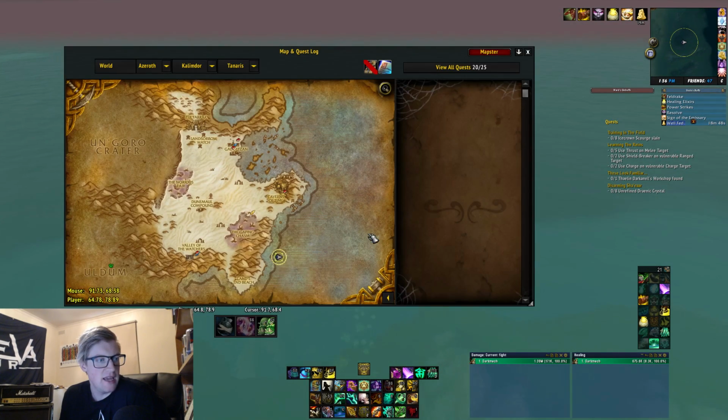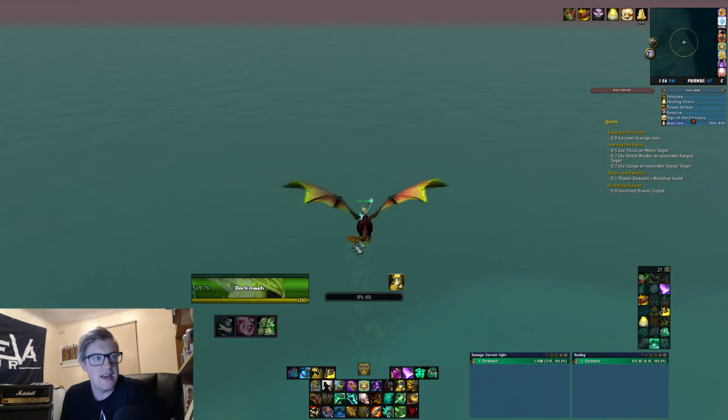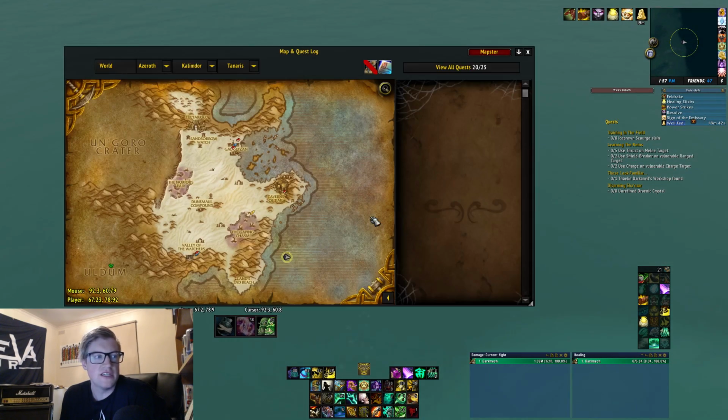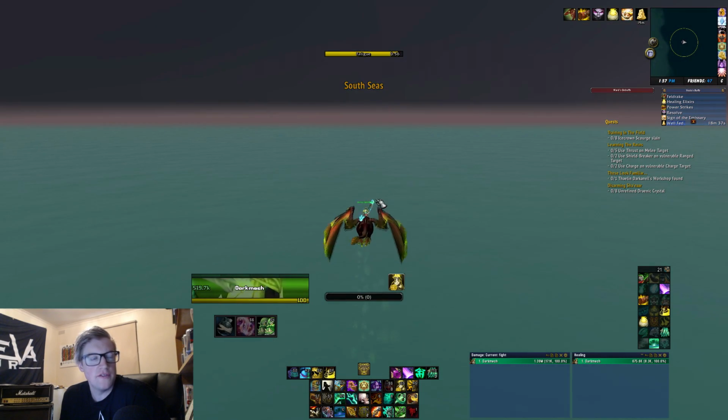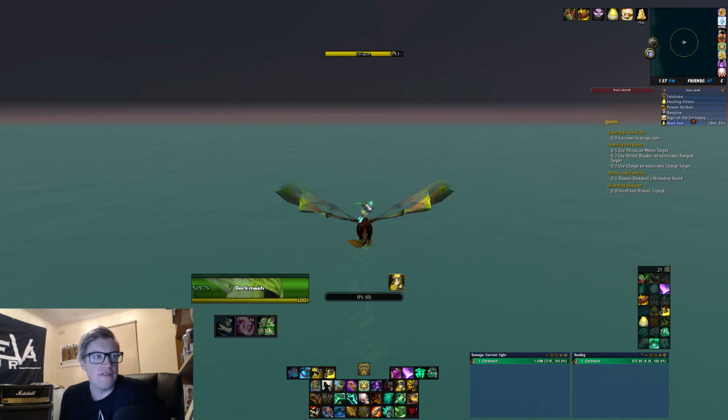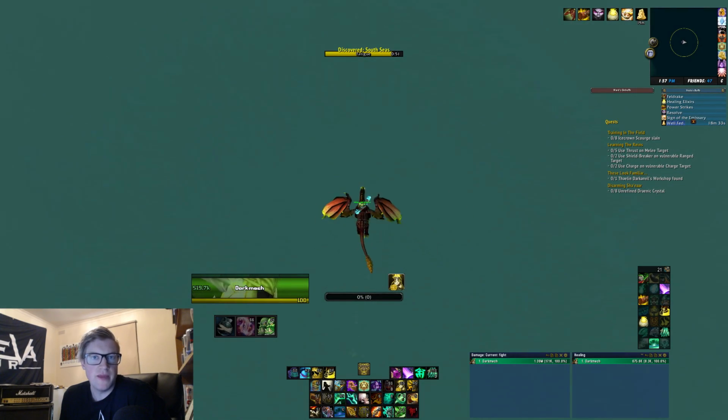You want to come down here around 65, 78 sort of area, and you want to fly out in a straight line. Now, you are going to die doing this, guys. I watched a number of videos on this one. I don't know if they've changed the way fatigue works, but you used to be able to come out here